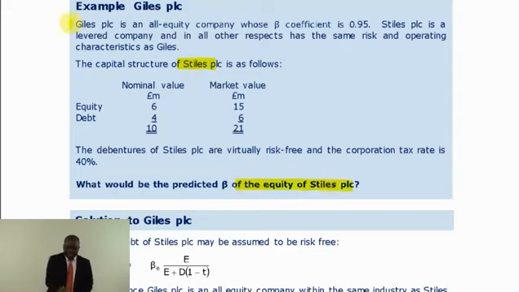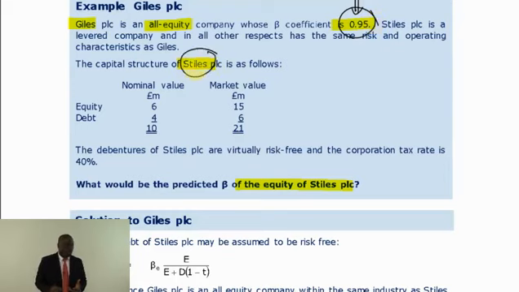But it is similar to GALS, and GALS is all equity. And once it's all equity, it's having a beta of 0.95. This is what I was telling you they wouldn't ask you to calculate, because portfolio theory is out of the syllabus. But giving me this, I should be using this as a basis to calculate that of the other company. That is all the movement. That's why that formula is there for you.